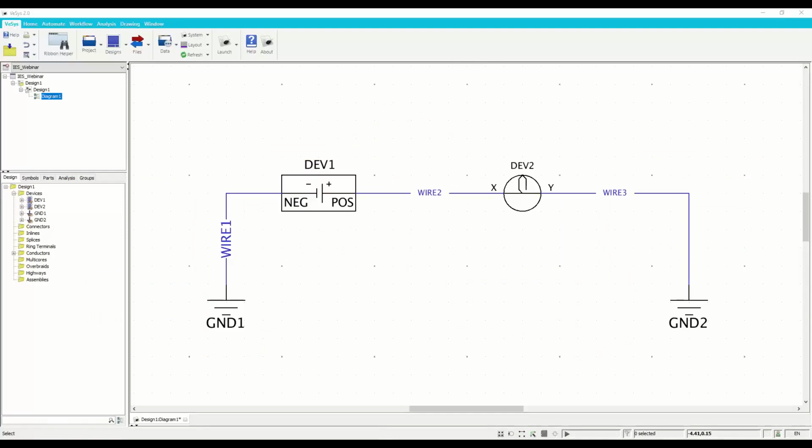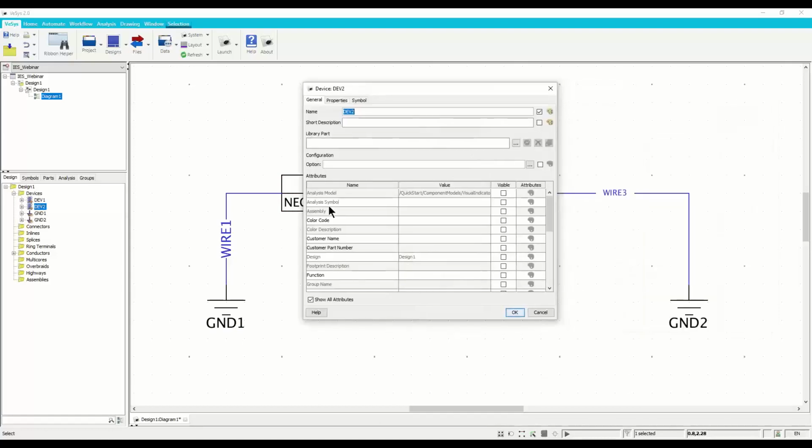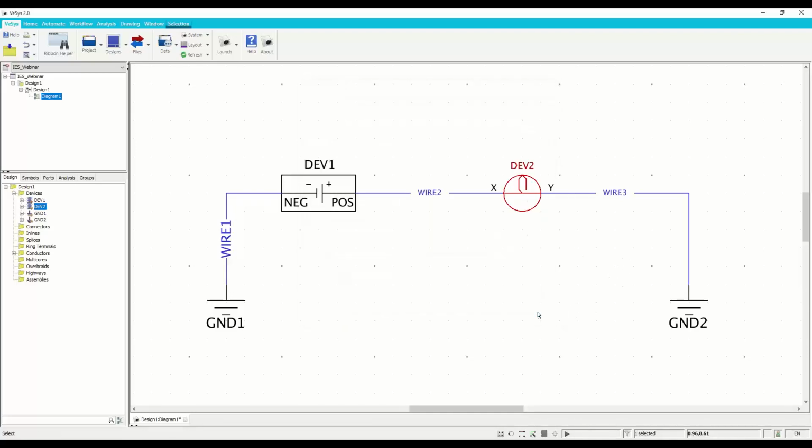Yes, I can. Perfect. So what we see on the screen is a simple system that consists of a battery feeding power into a lamp, and we have our two chassis, of course, as grounding. If we open one of those components, if we just look at the lamp, we can see that there is no library part assigned to the component. So we're going to create a new library part, assign it to the component, and establish the links and see how we can tie it back to the design.